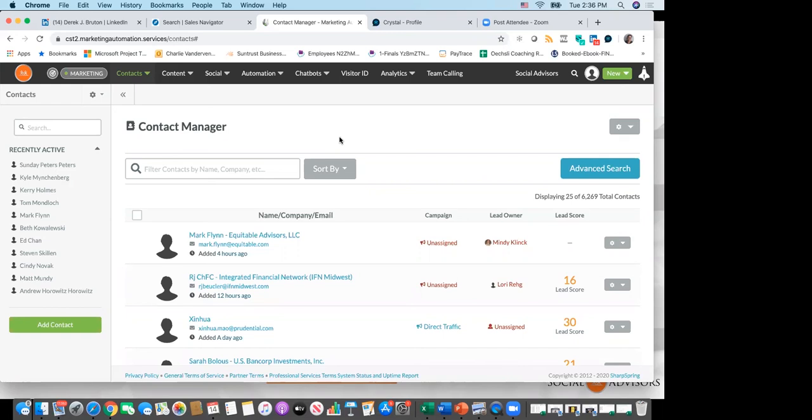So what we do is once we pull somebody into the CRM, we send them an email to get them to opt into email communication. That's a very important step, to get them to opt into email communication, right? And once they do, I'll just share with you a couple of samples of emails that we send out on behalf of our clients. Once they